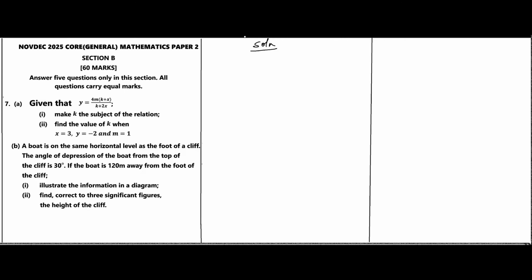NOVDEC 2025 Core Mathematics Paper 2, Question 7. So let's begin with the A part. So for question 7A,